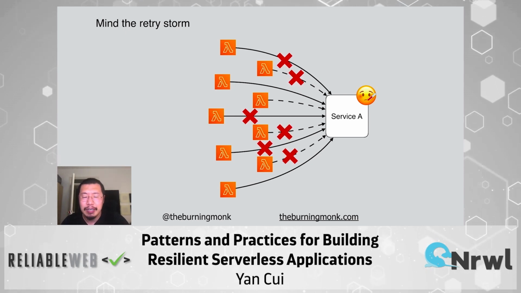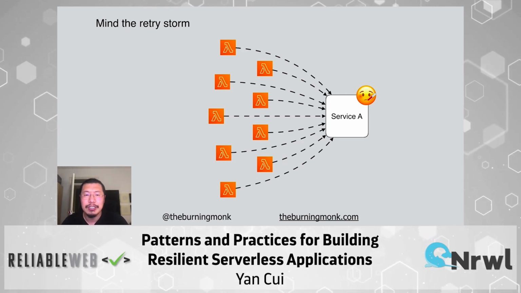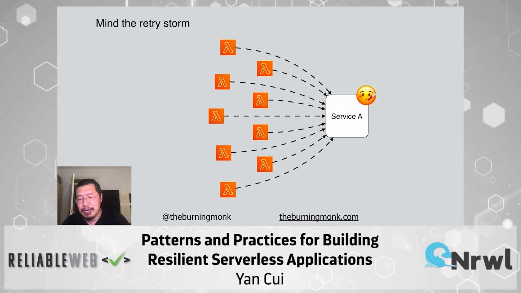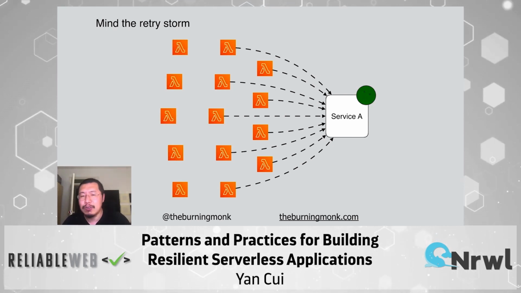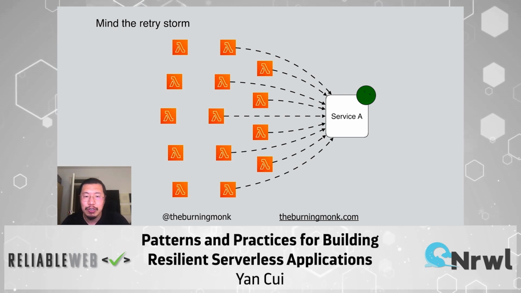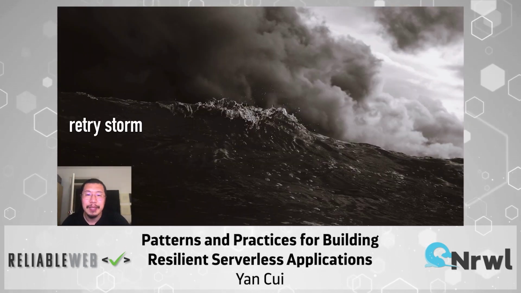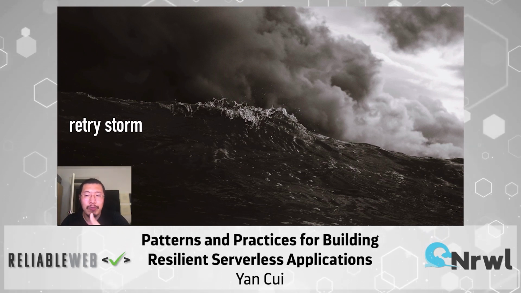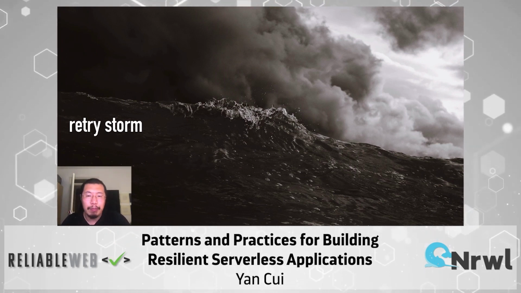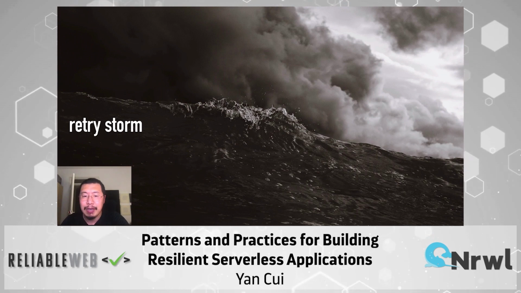And since it's struggling, it can't handle all of these requests. And so the failed request is going to get retried again, and so on, until the service is just dead on its feet because it never gets a chance to recover. And this is what we call a retry storm, where problems can sometimes be exacerbated by doing the right thing